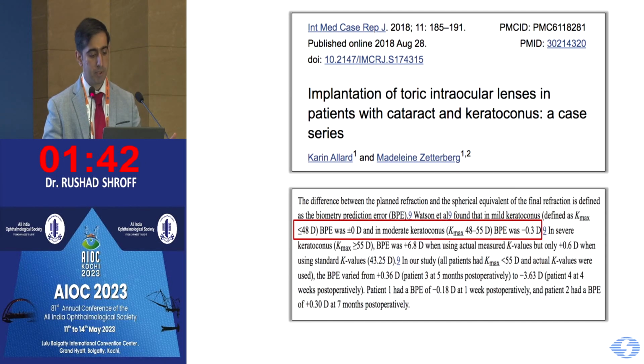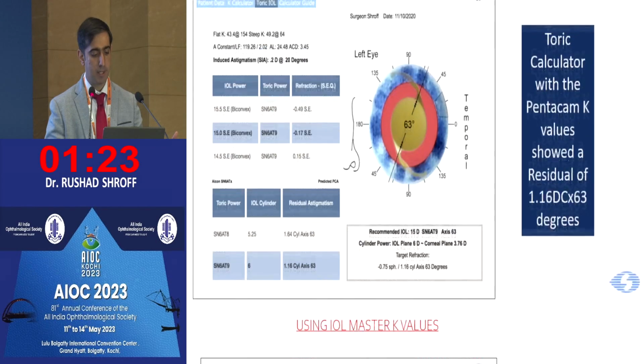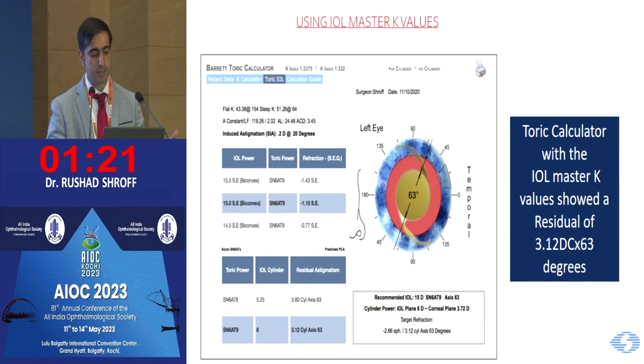This is a paper that talks about biometric prediction error, and this was a case where we had a mild to moderate keratoconus, and because the error was not very high, it's about minus 0.3 diopters, we decided to go ahead with the toric in this. And these are the various different values; we fed in the auto-K values, the Pentacam SIM-K values, as well as the IOL Master TK values, just to